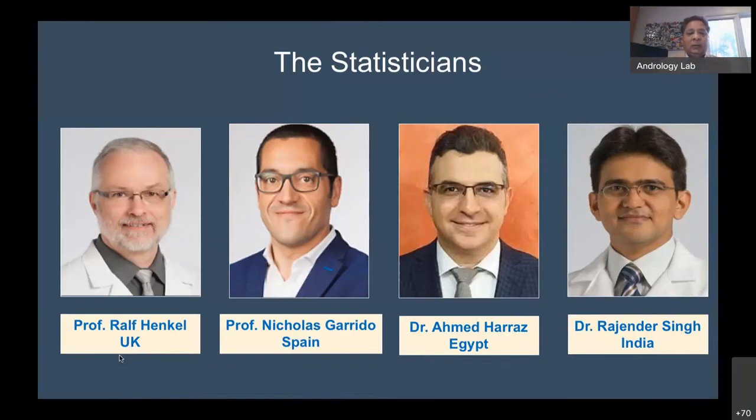Rajinder Singh. The one most important characteristic of each one of them is that they have really proven themselves, not only in the field of reproductive medicine and andrology and male infertility, but more importantly in the field of statistics. So they have a track record of conducting high quality biostatistical work and many meta-analyses they have conducted. So these people will guide us